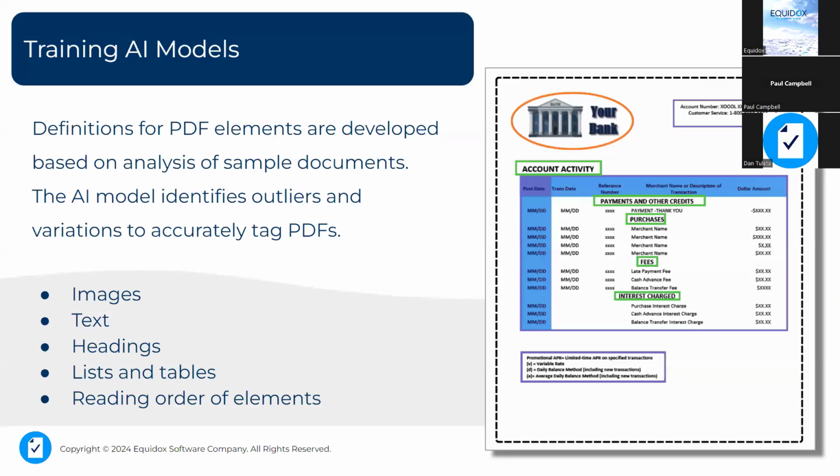So, how does all of this work? Our accessibility experts use example documents of customer templates to properly identify the various elements on the page. These elements might include text and paragraph structure, various levels of headings, lists and tables, graphs and images, and of course, the very important reading order of the content. This training data that we accumulate is then fed to the AI models to apply what it has learned in mass to many thousands or even millions of pages that have similar templates and formatting.